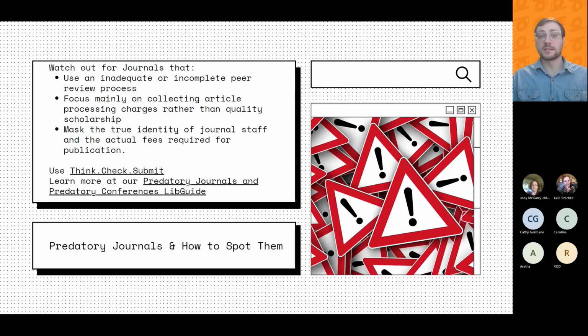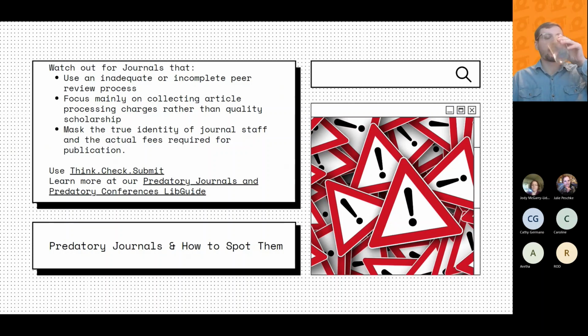They might focus mainly on collecting the APCs rather than the quality of the scholarship. And they also might mask the identity of journal staff and the actual fees required for publication. So there might be some surprises there.